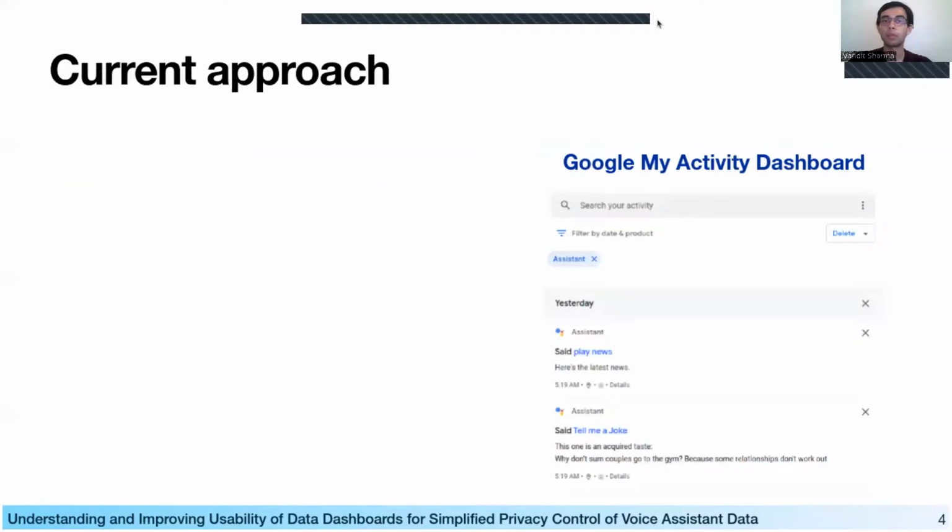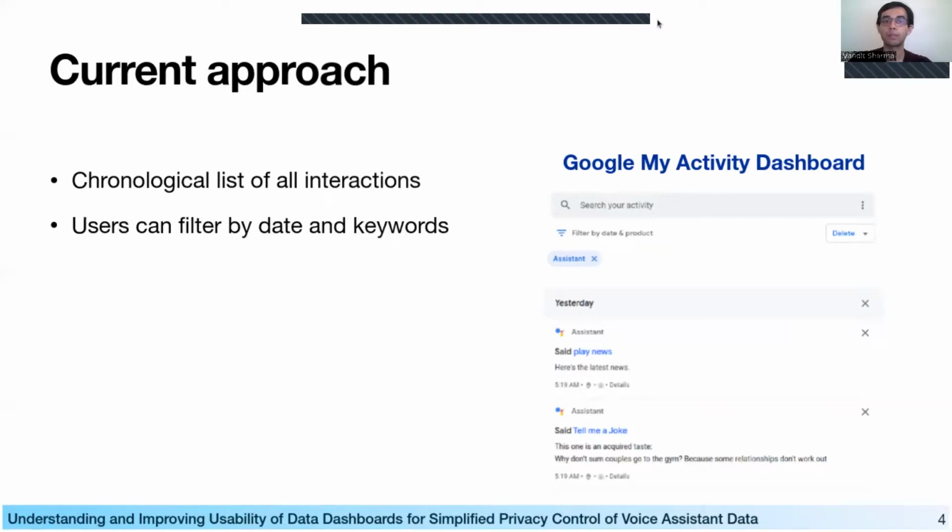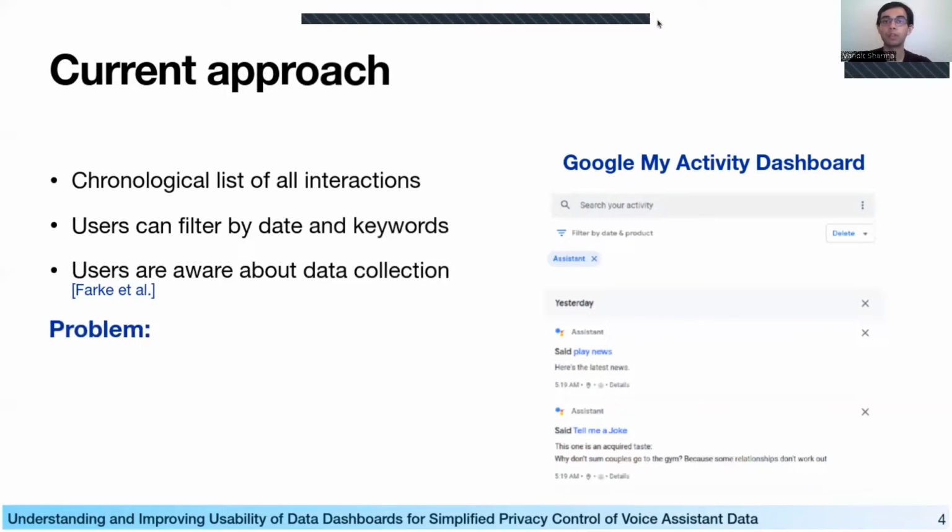At present, Google offers an online dashboard called the My Activity dashboard, where users can obtain a list view of all their stored prior interactions with the Google Assistant. They can also filter based on the date and specific keywords. Prior work has also shown that users are aware about data collection by voice assistants. However, this approach to privacy management of voice assistant data suffers from two main problems.